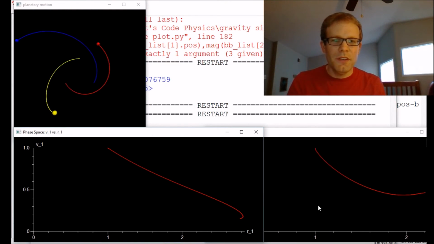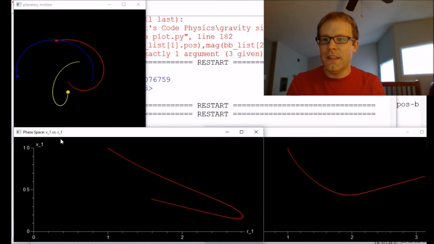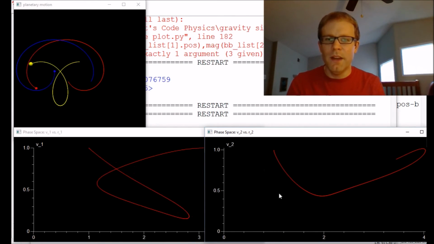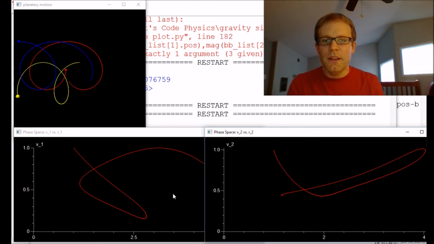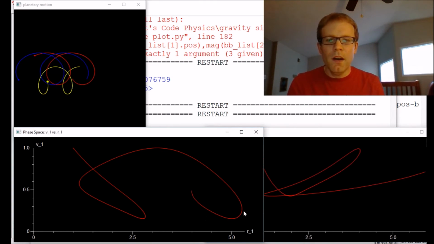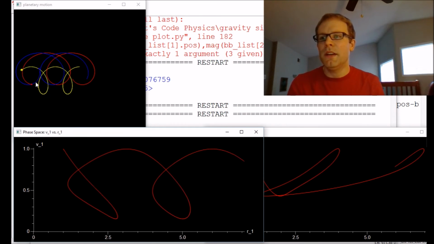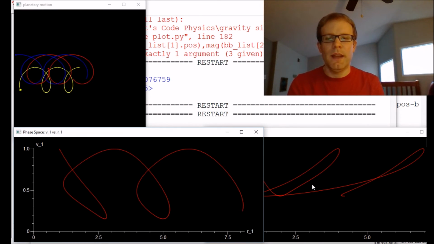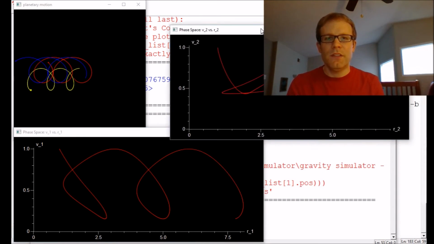Okay, cool. So these show you the velocities. Again, this is the yellow one, this is the red one. They're behaving somewhat similarly, right? They've got kind of the same motion, but they are behaving notably differently, again, because the yellow one has a different mass. So this gives you an idea of just how different